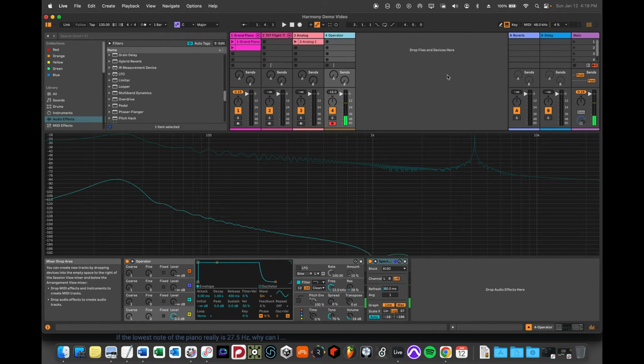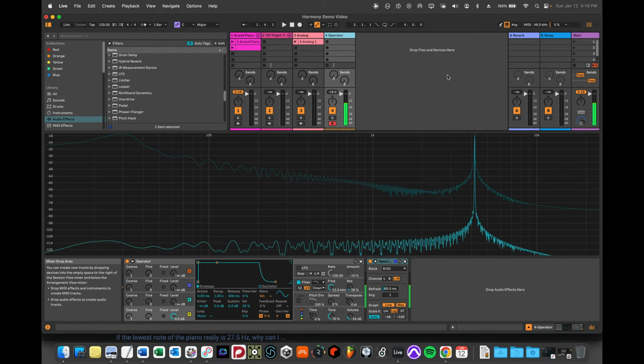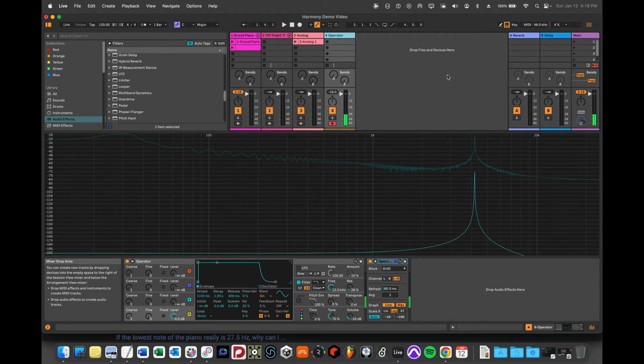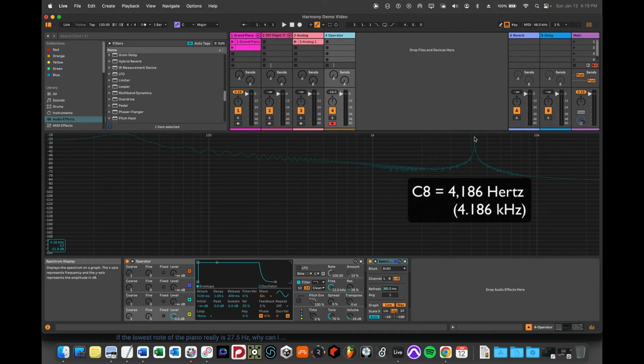All right, now, conversely, on the other end of that, the very top of the keyboard is a C. And that's a lot to take, so I'm not going to play that very long. But here you can see a spike all the way up here. It's not quite 20,000 hertz or 20 kilohertz, right? Here's 10 kilohertz, and then this line over here is 20. But it is 98765, a little over 4 kilohertz.